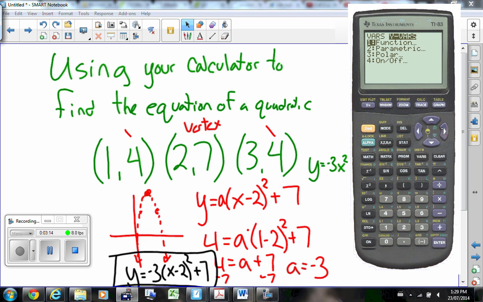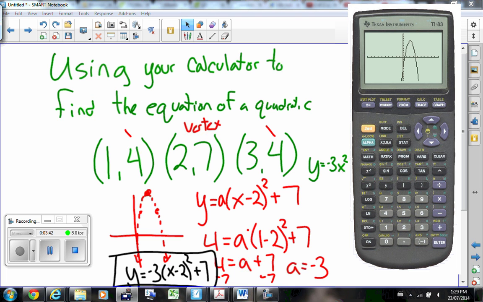Go over to y variables, and I'm going to tell it, after it's found the equation, to paste those values into my Y1. So x values, y values, and what I want you to do with the equation once you've found it. Hit enter. There's the equation. If I go to my Y, it's pasted it in there for me. And then if I go to my graph,